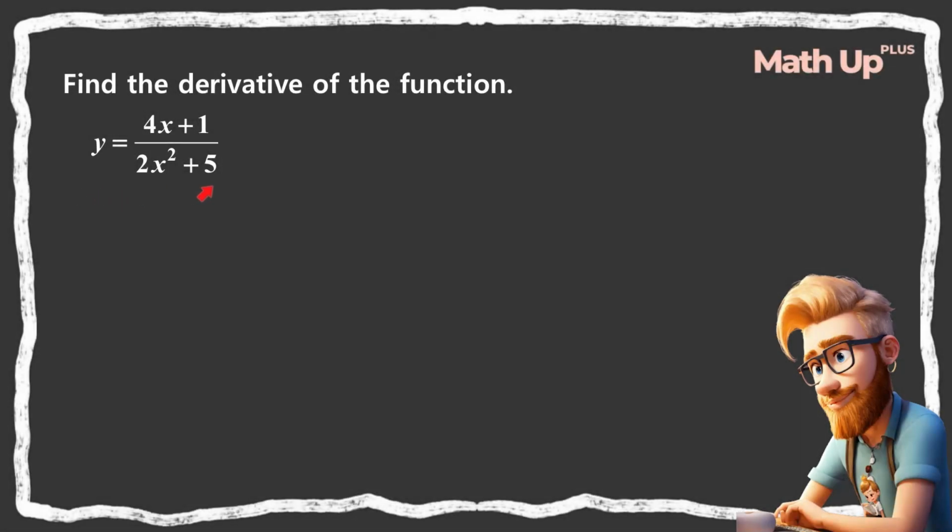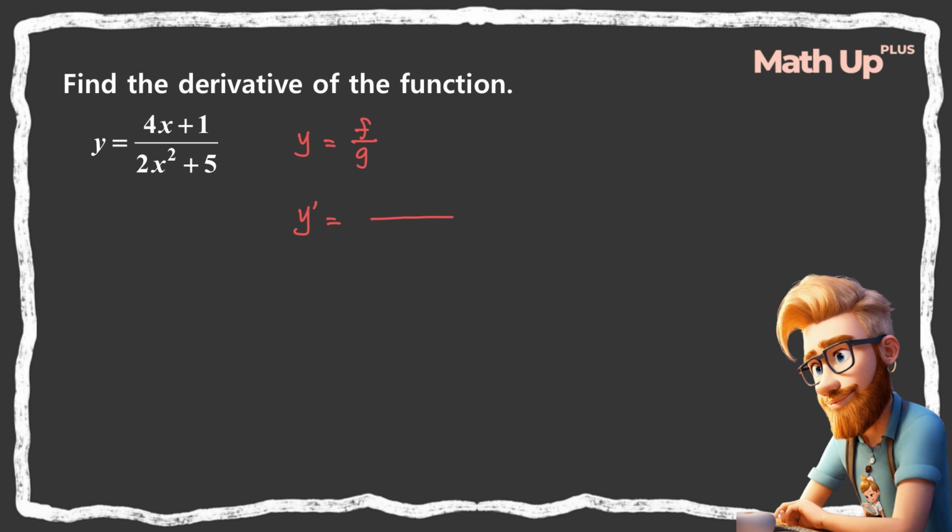For this function right here, this is in fraction form. If we have 2 or more terms in our denominator, then we have to apply the quotient rule. Okay, so the quotient rule is: if we have y is equal to f over g, then y prime is equal